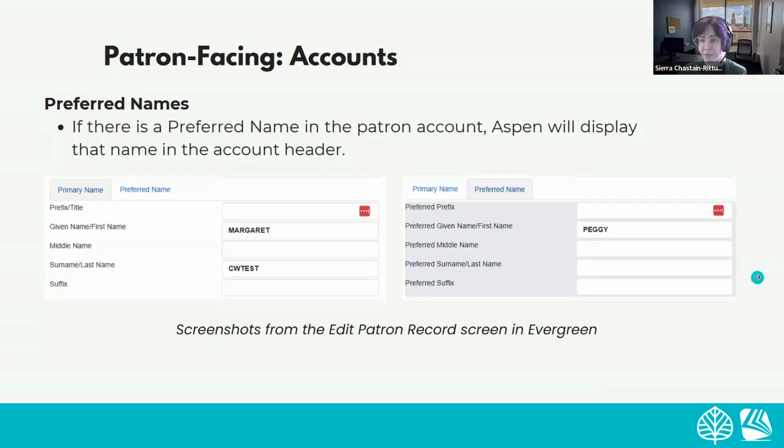Since we're talking about preferred stuff, we're going to talk about preferred names. These screenshots are from the patron record in Evergreen. One thing to note is that any preferred names in the patron account will be displayed in Aspen if you have that setting set up. That is, I think, in ILS indexing. It might be in library systems. But we do have that set up so that all of the preferred names are shown